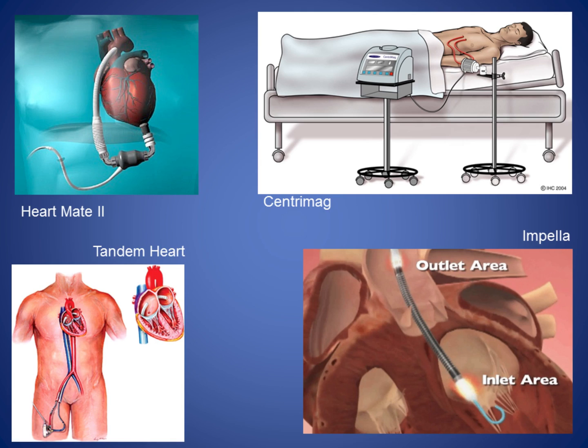This cannot have an oxygenator. You can't use it if there's a big hole in the heart right here. You can imagine you're sucking blood across from the right atrium, the right ventricle. You can get cyanosis. The TandemHeart sucks blood out of the left atrium after going across from the right atrium, and then spins the blood out here in this engine and puts it back up into somewhere in the femoral artery or above